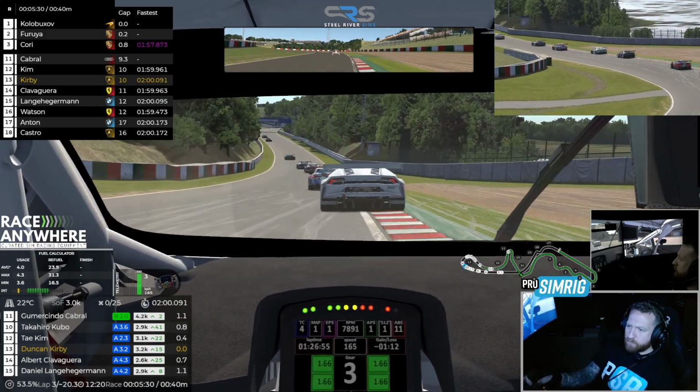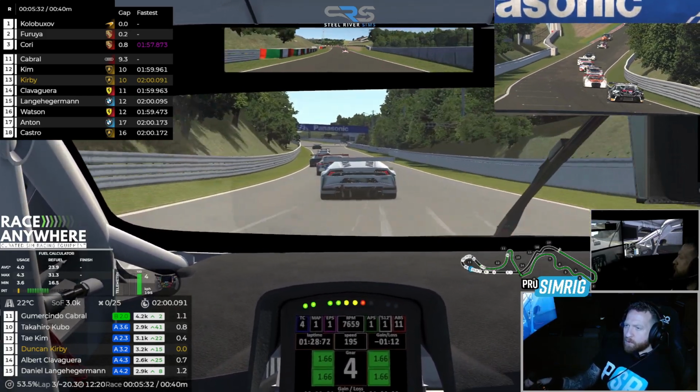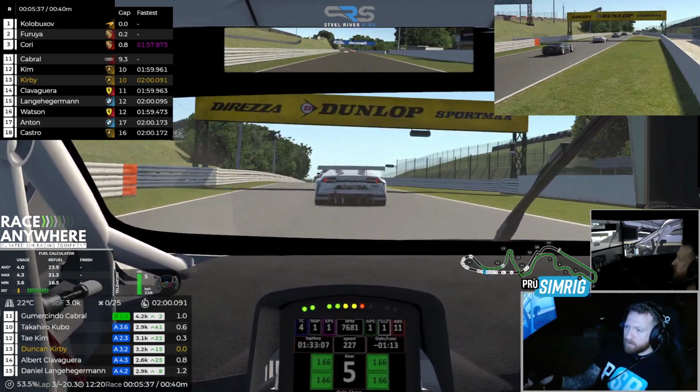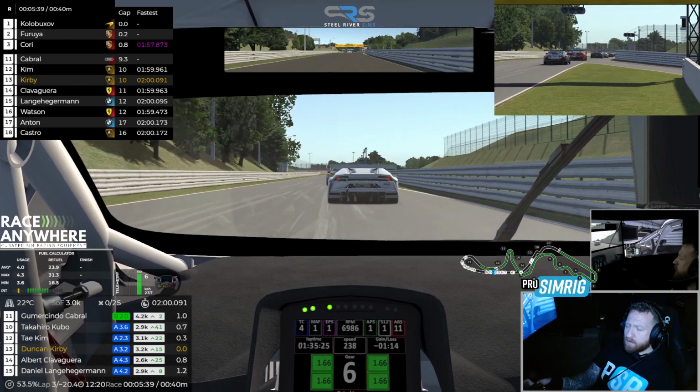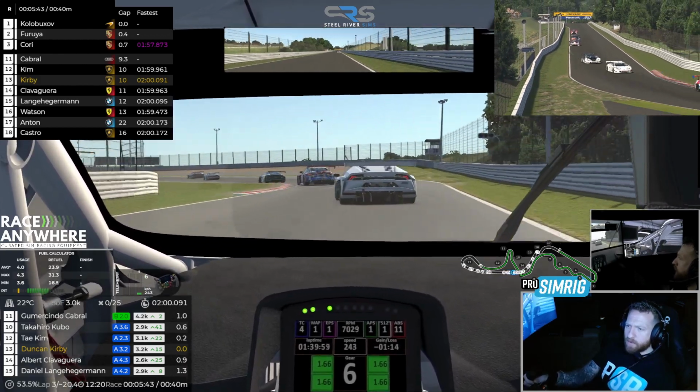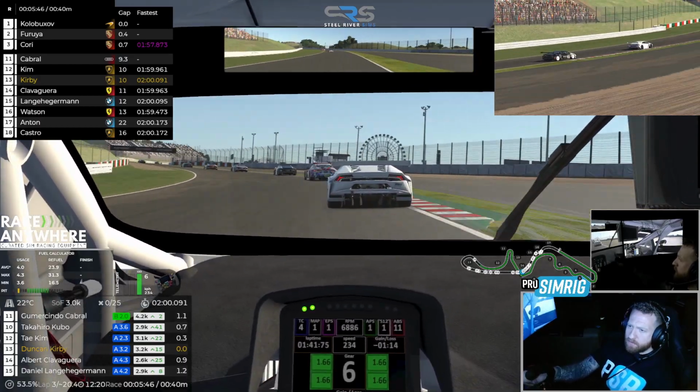Car ahead is Kim. I haven't put a review up yet, but I am using a new wheel from Turn Racing, which I'm really enjoying. Strangely, it's allowed me to ramp the force feedback up a little bit more. Wasn't expecting that, but